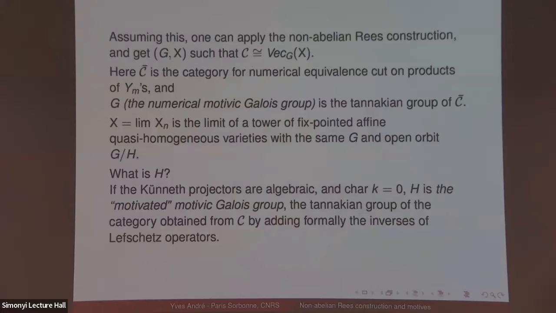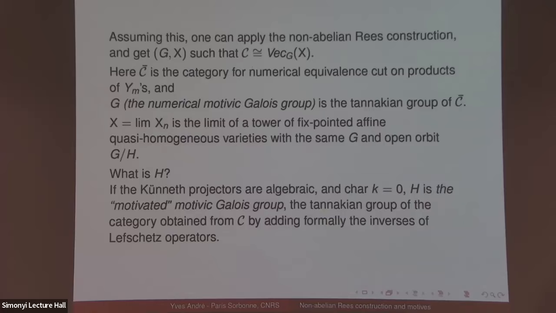My aim is to try to convince you that it is a useful viewpoint. Here the C bar, the quotient by the maximal tensor ideal, is just the corresponding category for numerical equivalence. This G is just the numerical motivic Galois group attached to this C bar. Behind this, there is Jannsen's theorem,